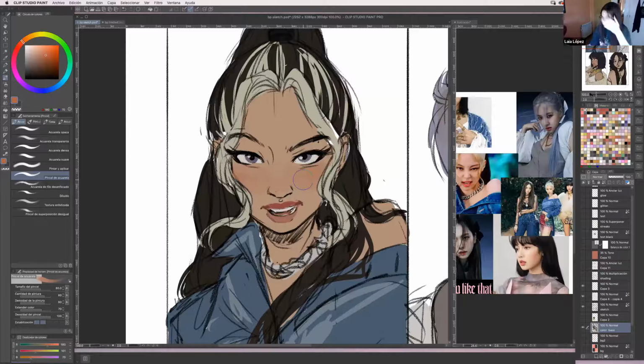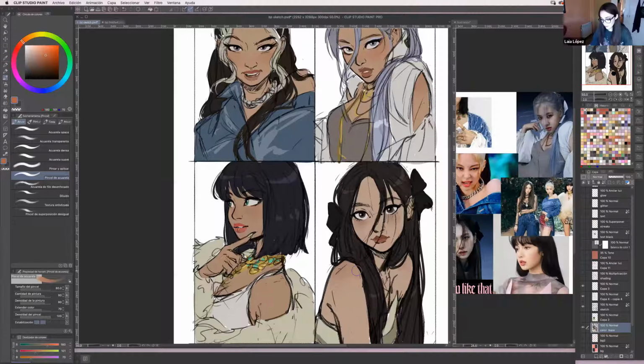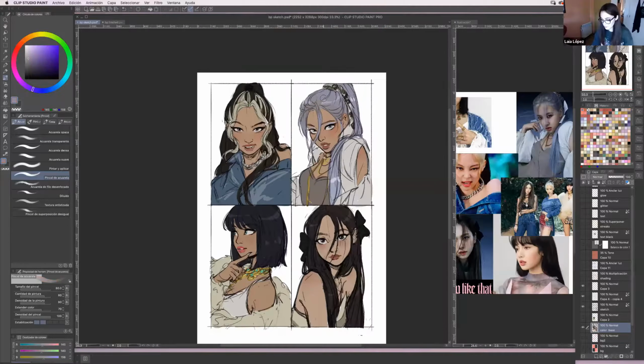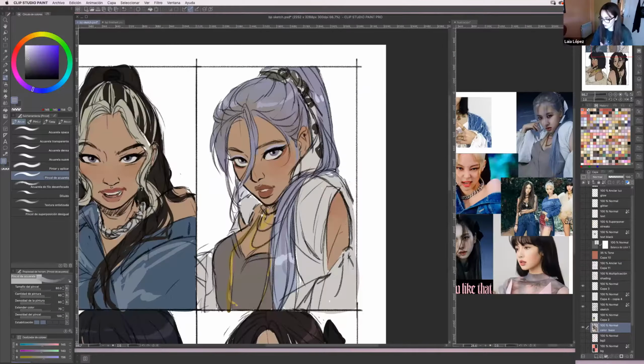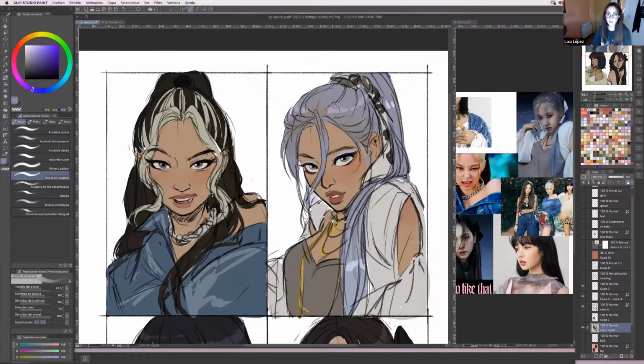All right, and once I've got that, sometimes I really like to do the shine, like the light. The reflexes on the hair, which actually makes no sense, so I just do it because I like to see it. Later when I clean it up, I'm going to fix it and do it differently.